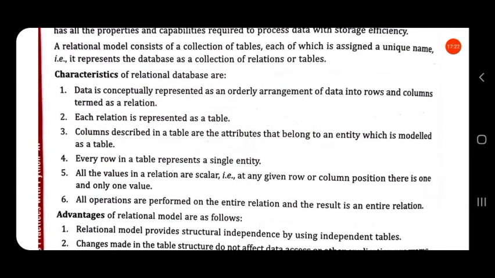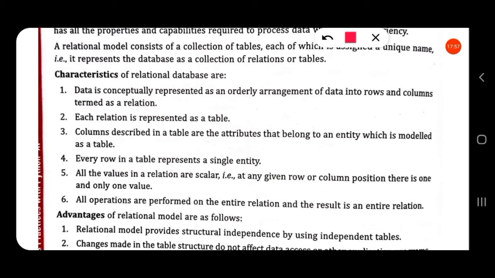So let us see what are the characteristics of the relational data model. Here, data is conceptually represented as an orderly arrangement of data into rows and columns, termed as a relation.